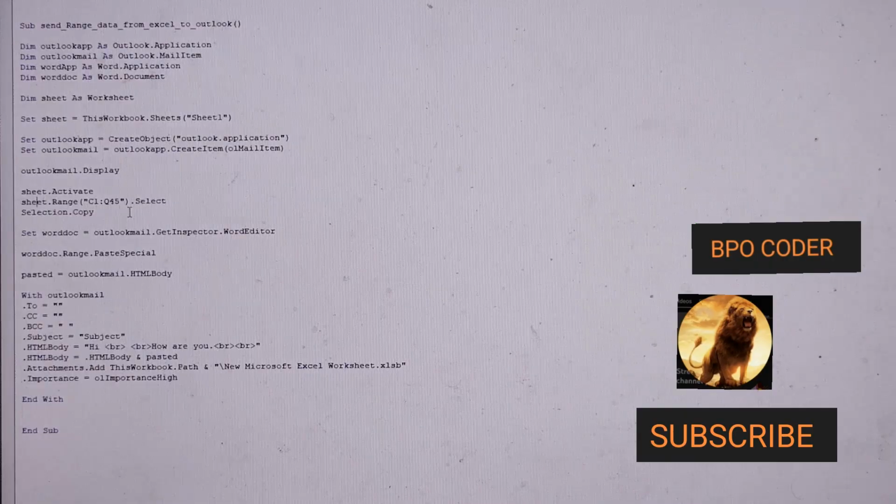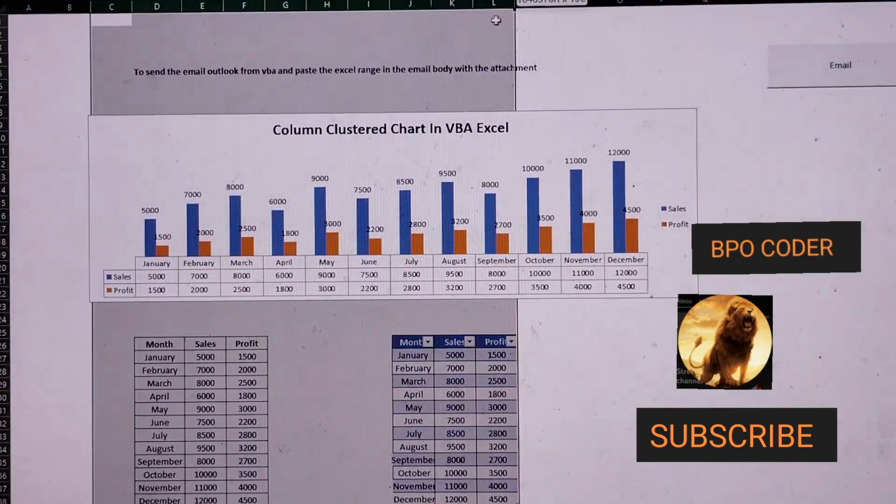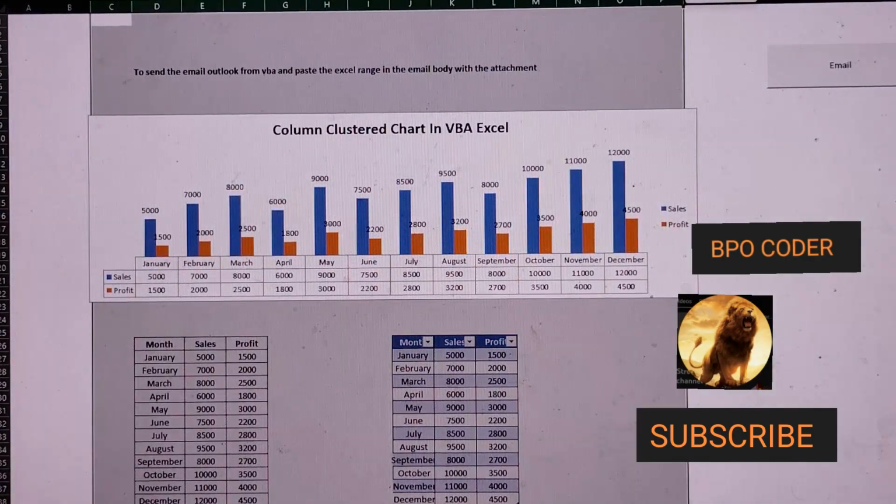So what I'm doing is I'm selecting the entire range from my sheet, which is here to here. Once I select the entire range, I will copy it, and then